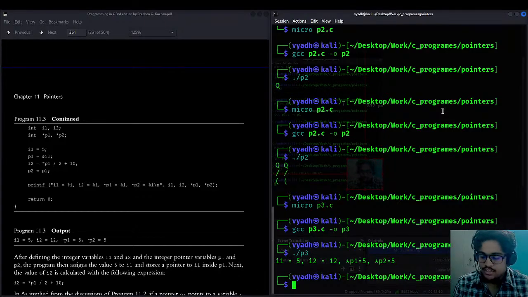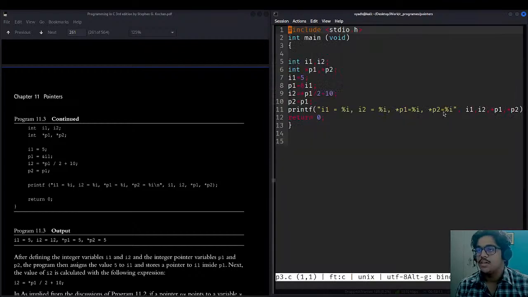So okay, let's see the program now. Let's try to play with this thing. P1 is assigned the address of I1, but one catch is there. P2 is not directly connected to it, because P2 is storing the value of P1.